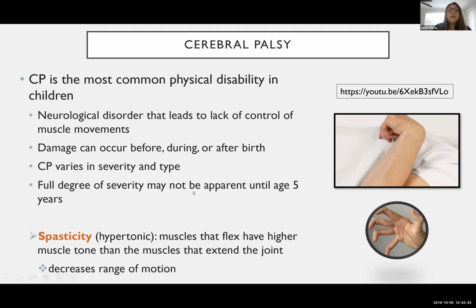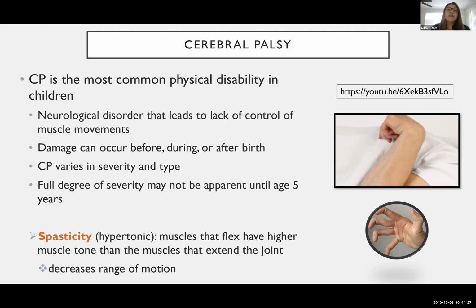Okay. Damage can occur before, during, or after birth. A lot of times I see children born with cerebral palsy when they had to use forceps during delivery. And so what happens with forceps is the forceps are usually placed either around the child's head or around the fetus's shoulders, and then the baby is pulled out of the vagina. And what happens with that is we know how malleable the baby's head is, the baby's skull is, it's not fully dense. And so any pressure can cause some significant damage. And so that's where we sometimes see the cause of cerebral palsy. Okay.